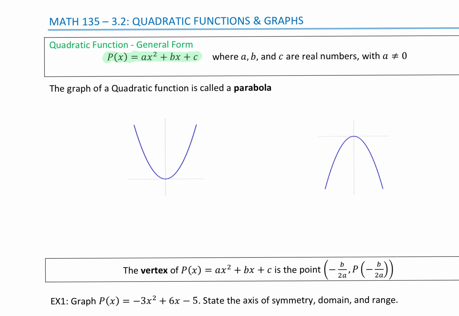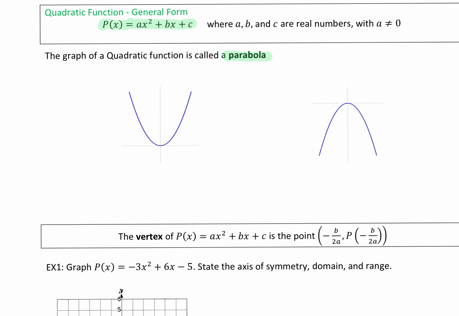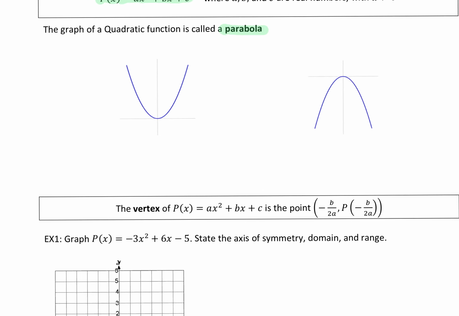Now the graph of a quadratic function, that's just called a parabola. Again, I know we're all familiar with that. Since these are functions, we're only looking at parabolas that open up or down. There are parabolas that open left and right, but those are not functions, so we're not going to talk about these in this section. Basically, if you have a parabola that's opening up, so like this first example here,